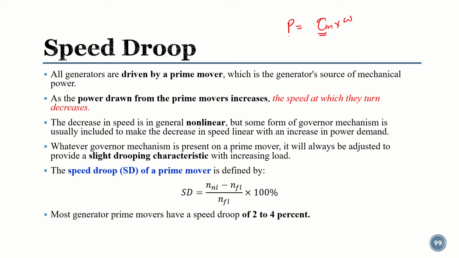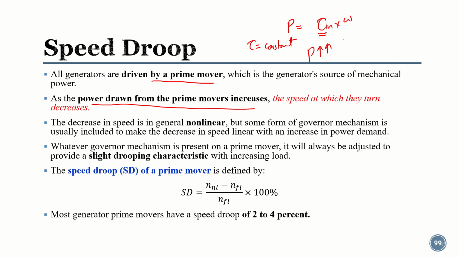the torque, which is actually becoming the cause of the conversion of the mechanical power to the electrical power, is basically being produced by the prime mover. So torque must be constant. Now if torque is constant, and the power drawn from the prime mover increases, so if you need more power now,